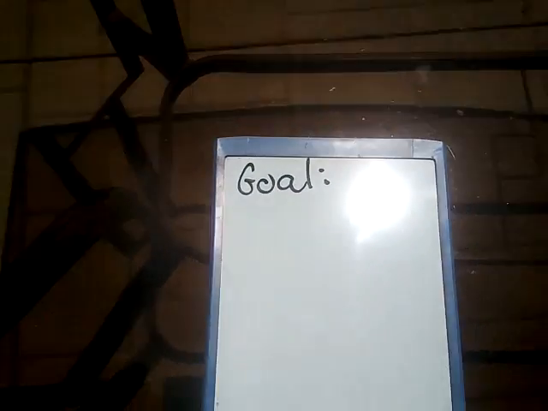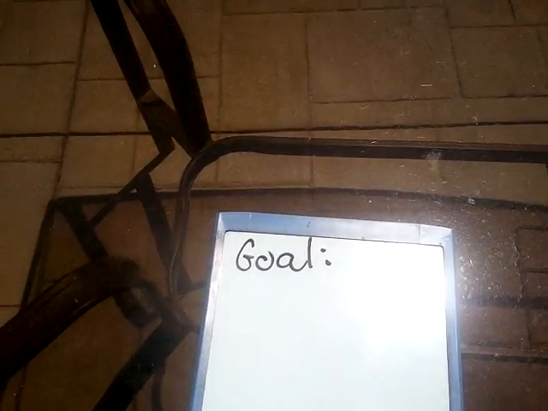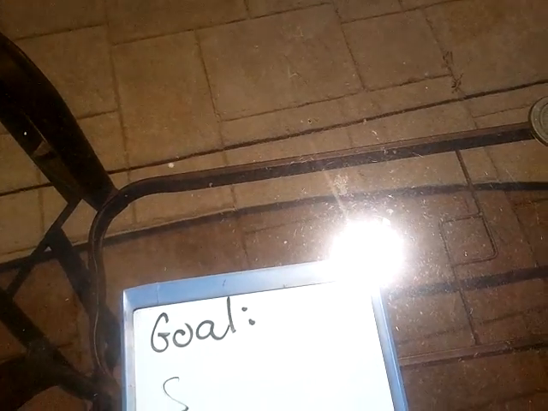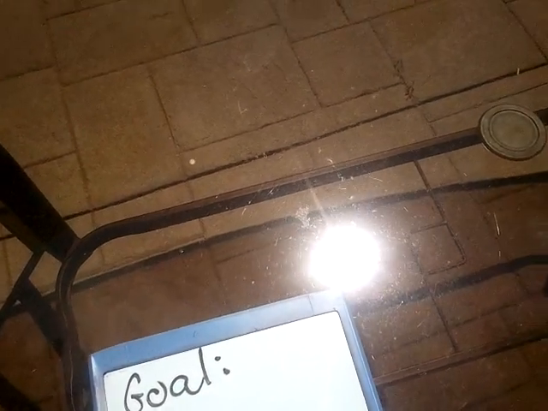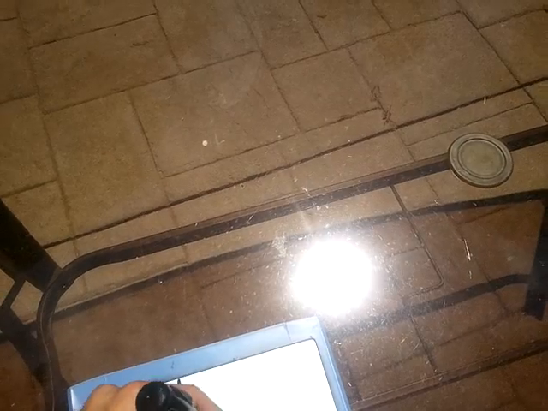Alright, as you can see, I have a whiteboard right here. And what you do is this goes back to creating goals. So I'm going to stand up. When you write down a goal, for example, you read something and then you want to know if you got the result. So you use the specific, measurable, tangible. Specific, measurable, tangible.